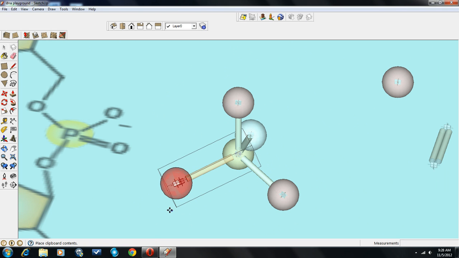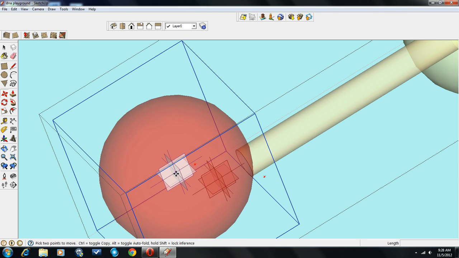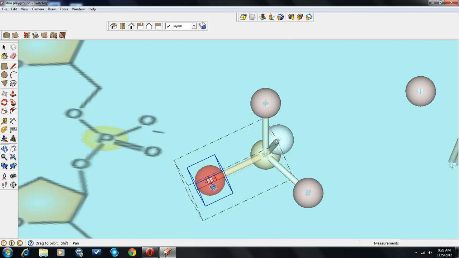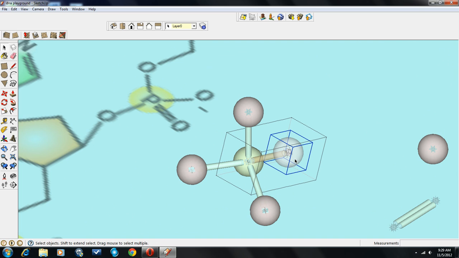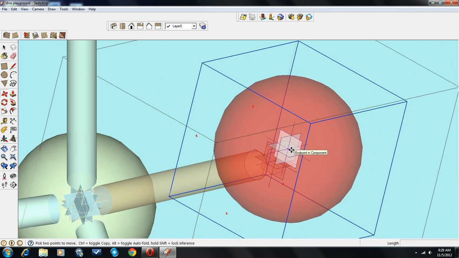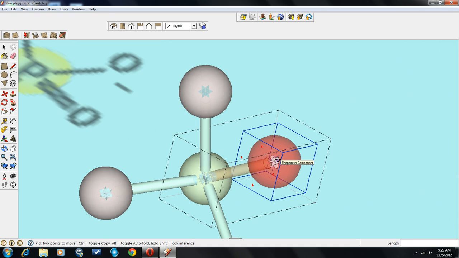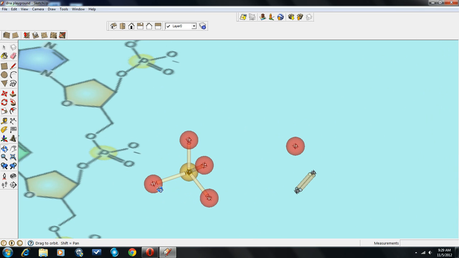Control V. V is in victory. And there. Takes care of that. And then finally, the last one that we have to change to an oxygen is right there. Delete it. Just press the delete key and then Control V. And boom. Kaboom. There. Now we've got oxygens at the tips of all our bonds,